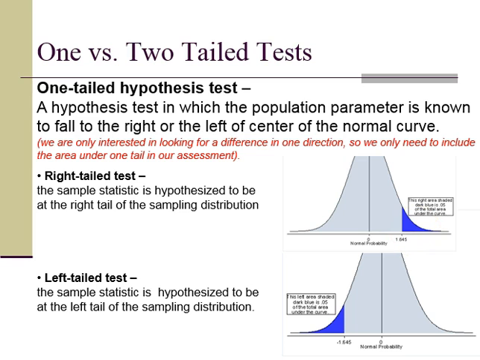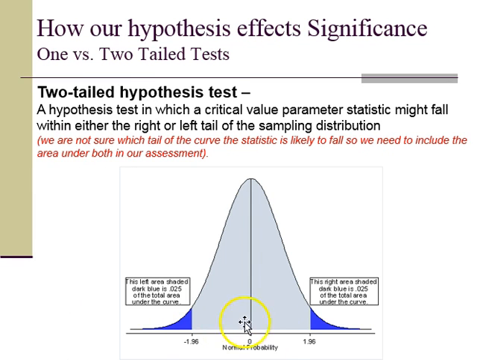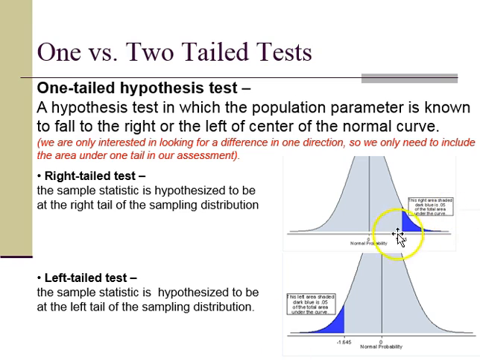If I go back and compare that, right, 1.96 was the critical value that we had to beat for the two-tailed test, right? So to call it significant, we had to calculate a test statistic that was more than 1.96. But if we're doing a one-tailed test, we only have to calculate a test statistic that's greater than 1.645 in order to say we have a significant difference.